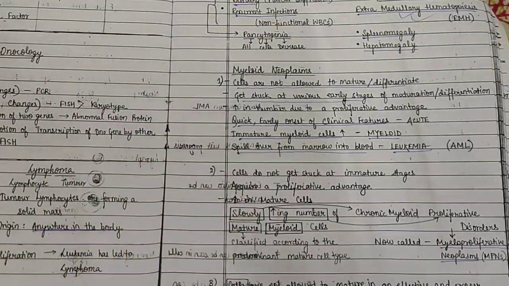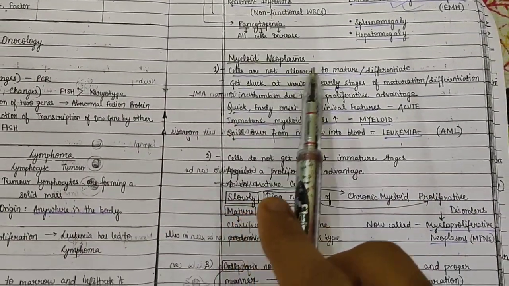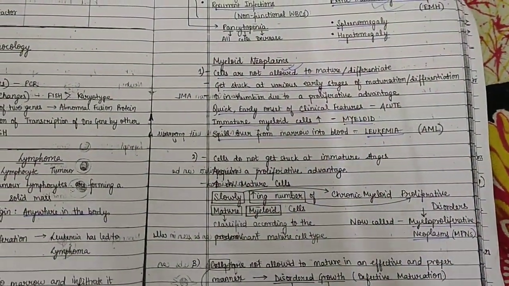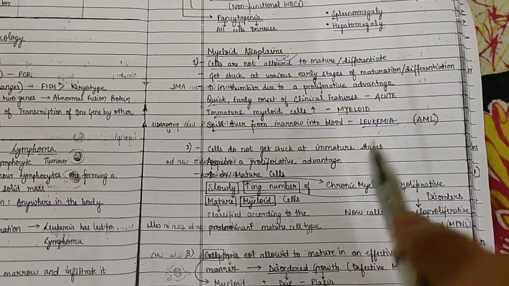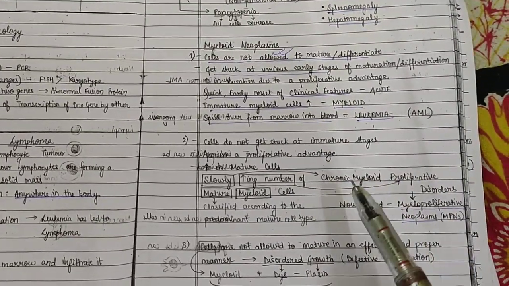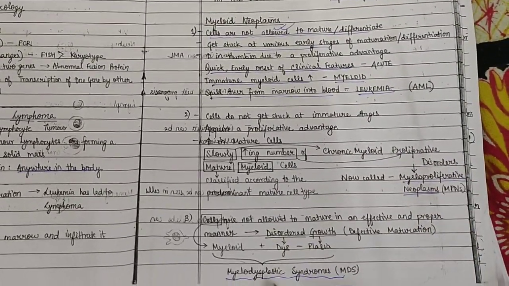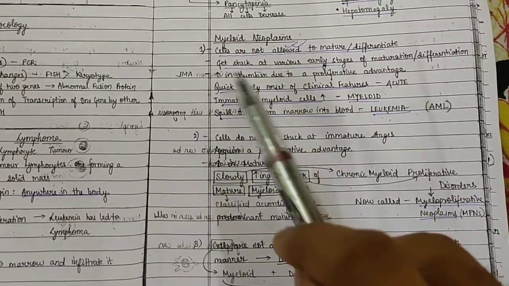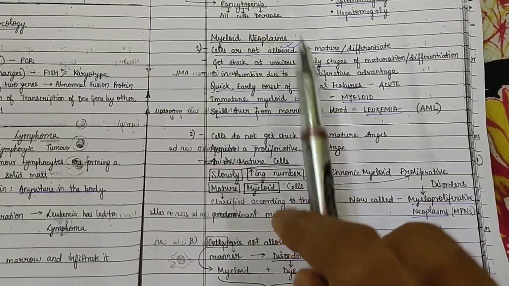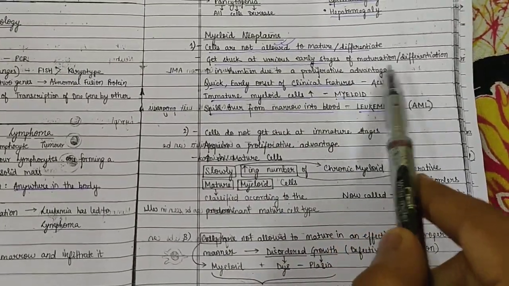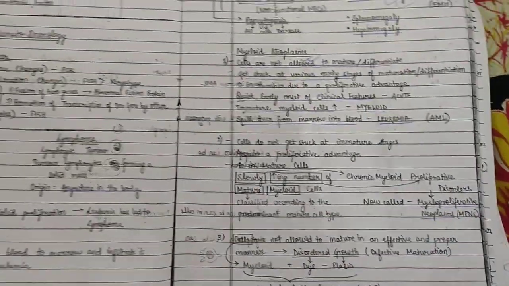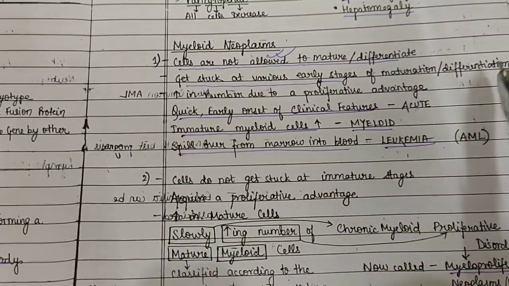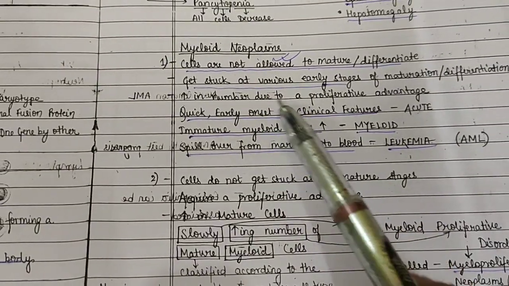Now coming to the myeloid neoplasm first. Myeloid neoplasm is divided into three groups. First is acute myeloid leukemia, second is chronic myeloid proliferative disorder, and third is myelodysplastic syndrome. Here, cells are not allowed to mature or differentiate, and they get stuck at various early stages of maturation or differentiation. Okay, and there will be an increase in number